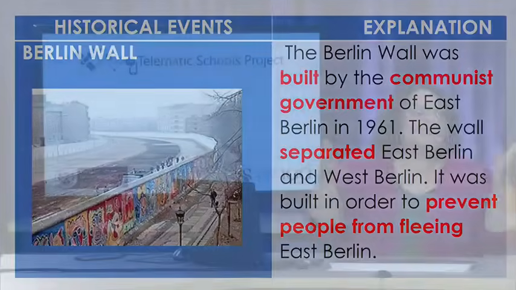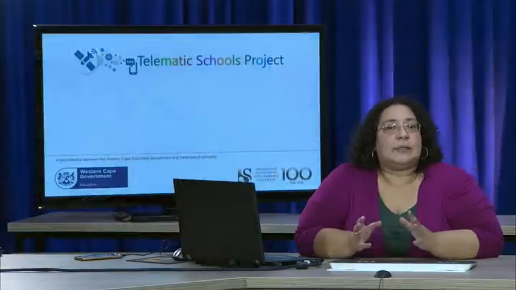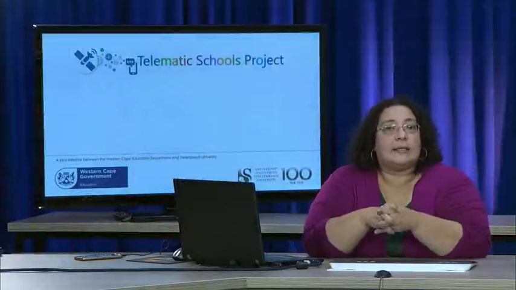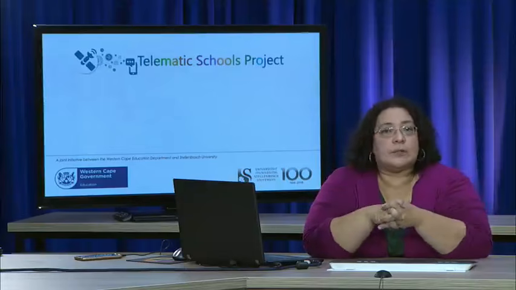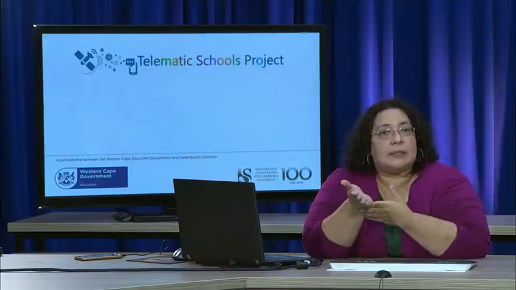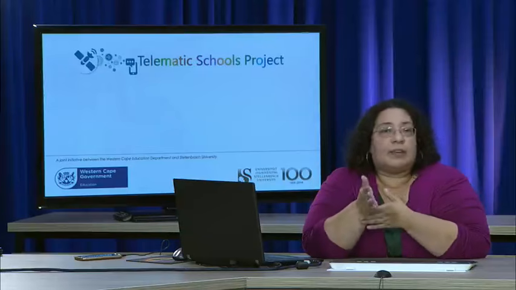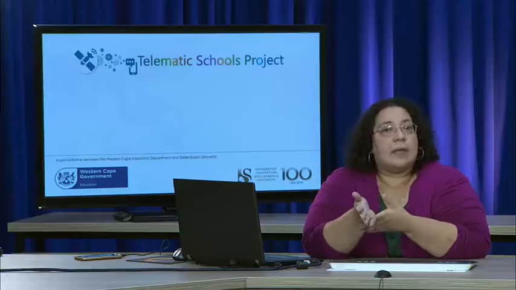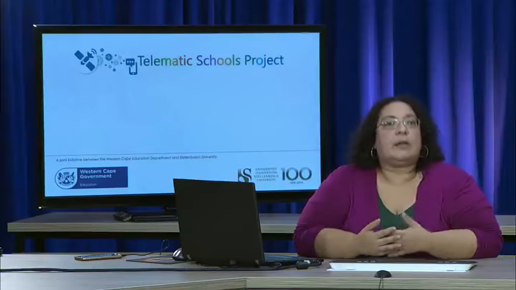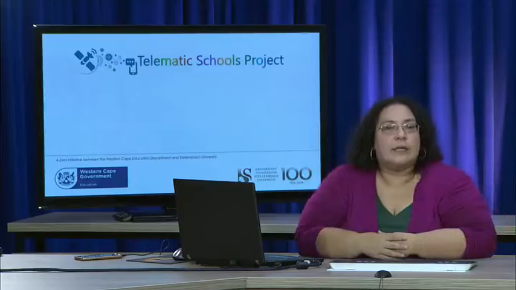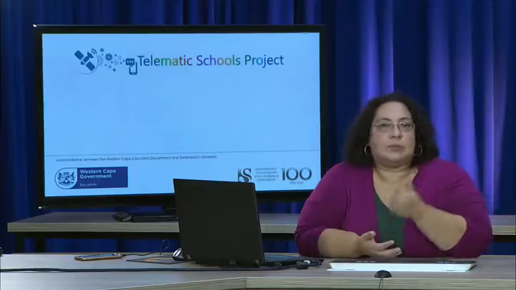So grade 12s, this is what we want you to understand over here when it comes to Berlin. East Berlin was faced with a great challenge in the sense that you had a city that was divided into West Berlin, which was democratic, and East Berlin, which was under communist rule. And the people in East Berlin were not happy with their living conditions, their standard of living, and the fact that they experienced a lack of freedoms. Even though they were not allowed to vote in this country, you find that many of the people actually voted with their feet. So what do we mean when we say people voted with their feet?